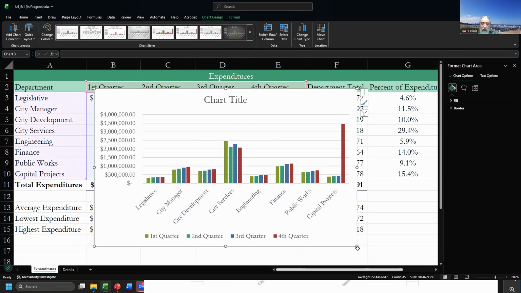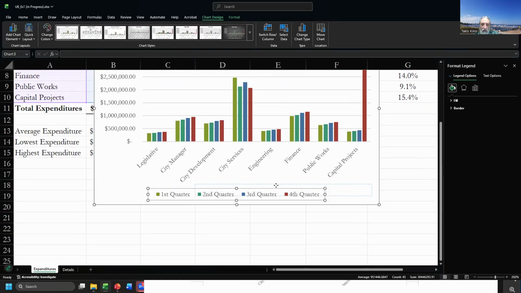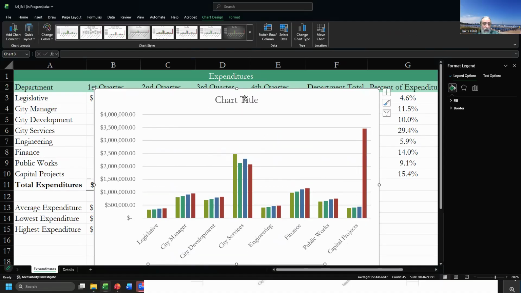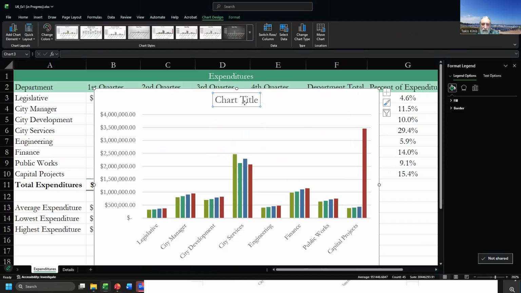Yeah, much better. And then, of course, if you want to take this and move this around or whatever, I would be tempted not to really do much to it. I might argue that the title should be different. Department expenditures would probably be a good adjustment. So this I think I can directly change. So easy, right? Just double click and start typing like so. These are pulled from the data,